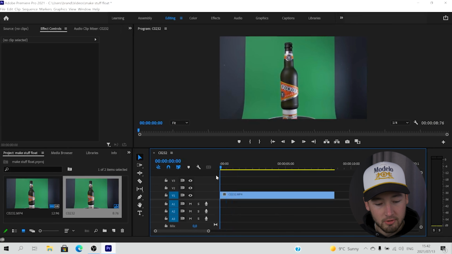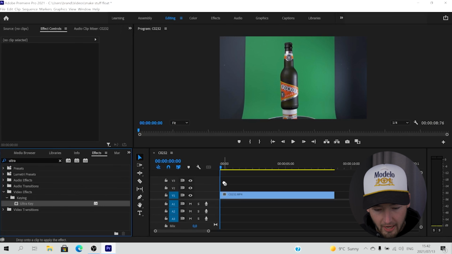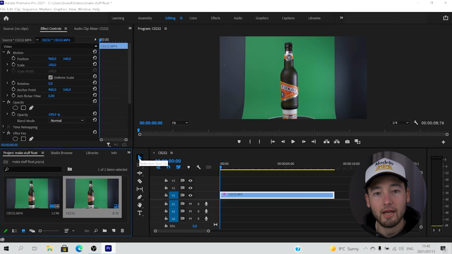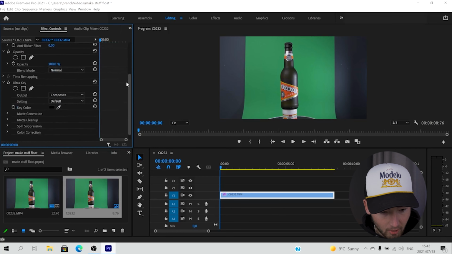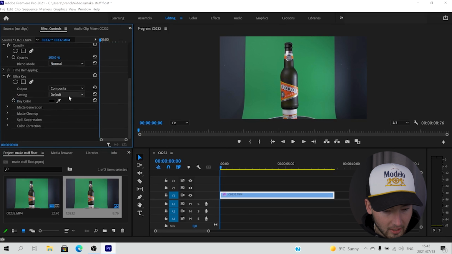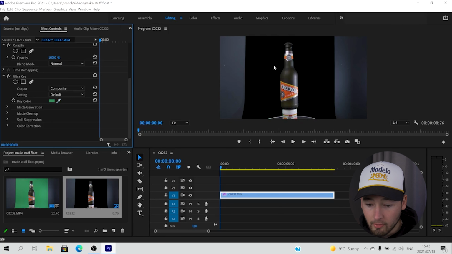What you want to do is go into effects, search for the phrase called Ultra Key, and drag this onto your clip. This will allow you to key out the background and make sure we can actually delete the product from its background. So with that, you can go into your effects control, scroll down and you'll see Ultra Key there at the bottom. Then you can come to the key color, select this eyedropper tool and just come up to your screen and select the color you kind of want to key out. For us it's this green color, and boom, as you can see straight away it kind of looks clean of how it cut out the background,